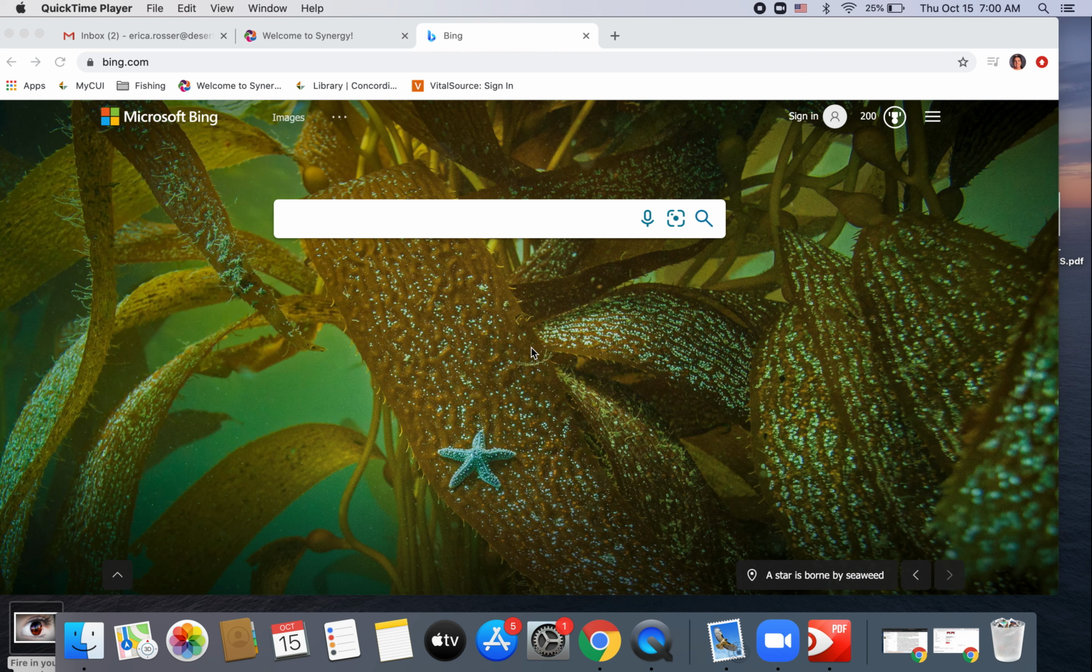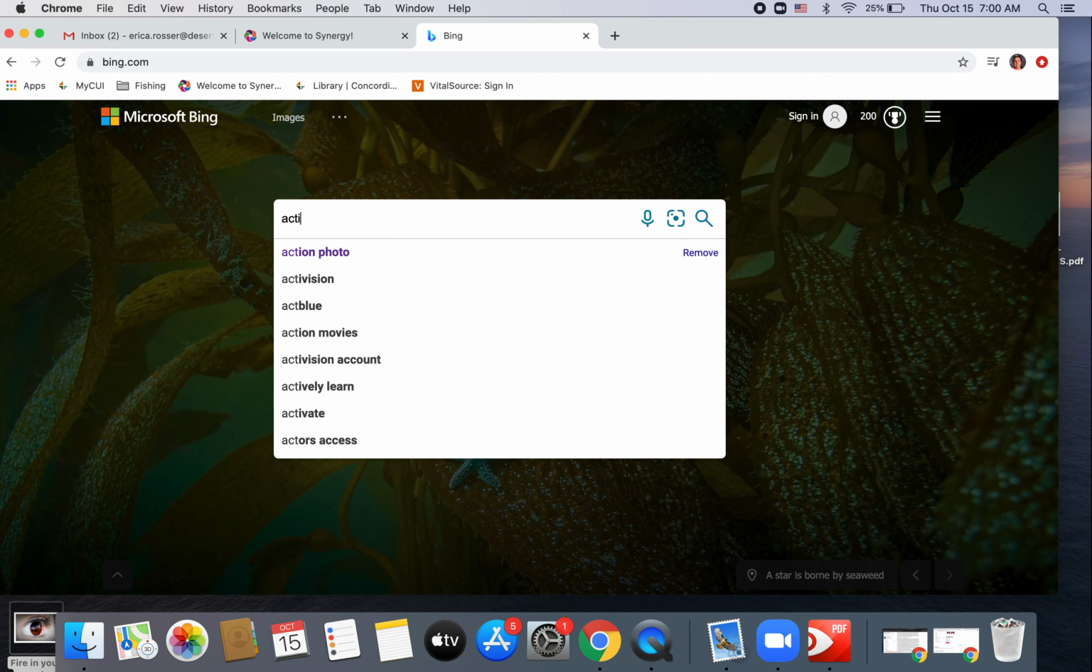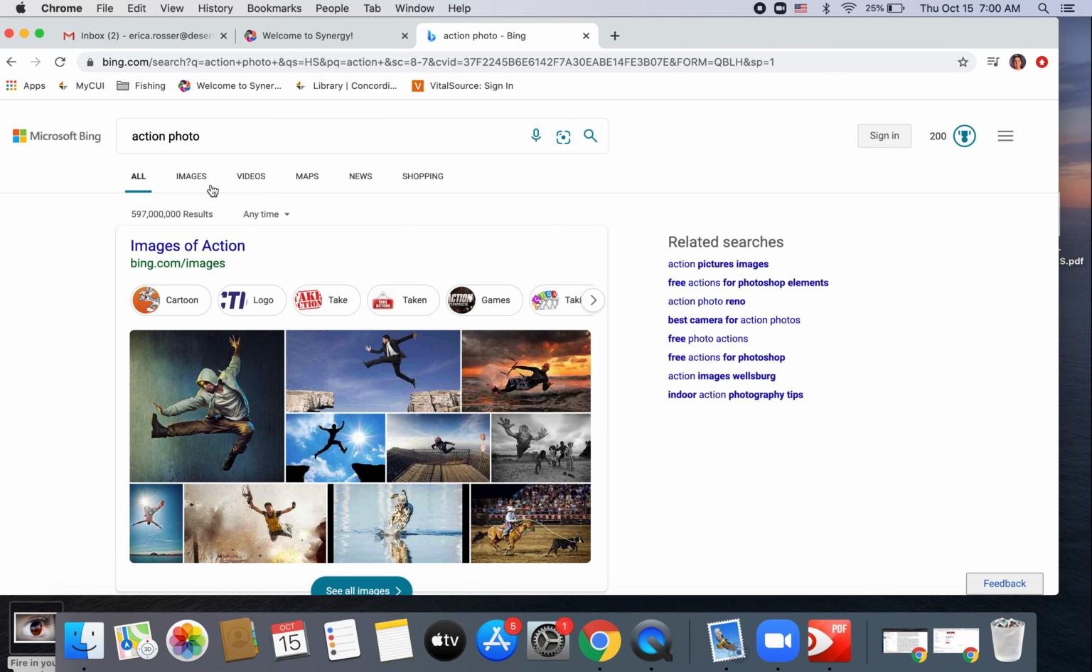Some action blur by using the Smudge tool in Pixlr. So for this project, you're going to want to find a photo of someone in action or an animal in action, but it's like an action freeze. So if you do action photo, something should come up,